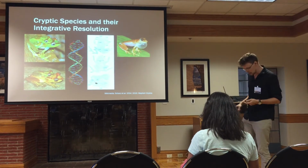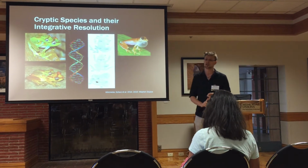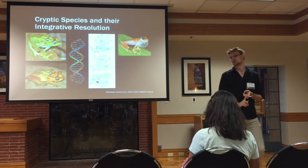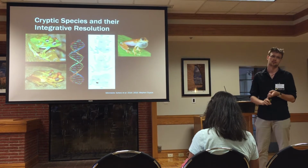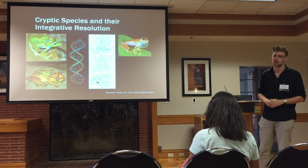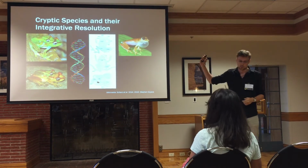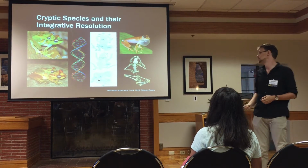justification for the differences. But what if you're working with specimens that are already in a museum and don't have any call data? Or you're working with female specimens, or you had the bad luck of being in the field and it was dry season and the frogs weren't calling. Well, then you have to turn to another data type, and for that, one fantastic thing is to look at